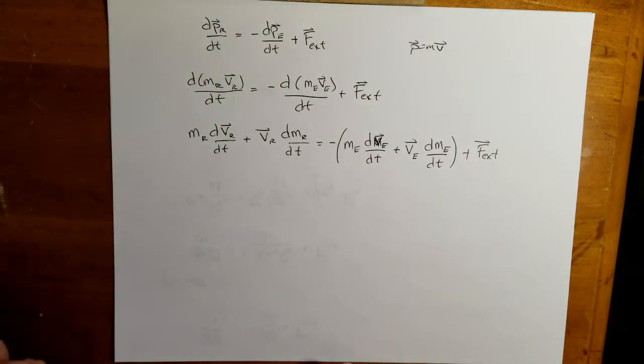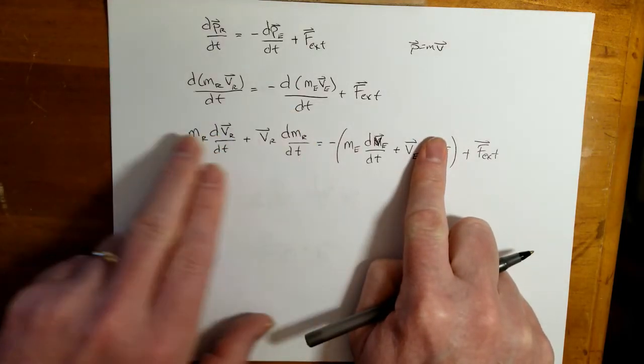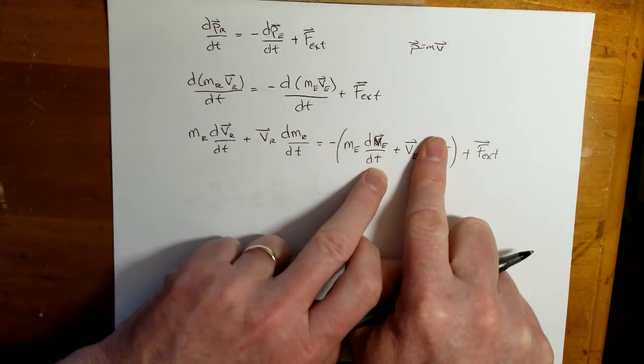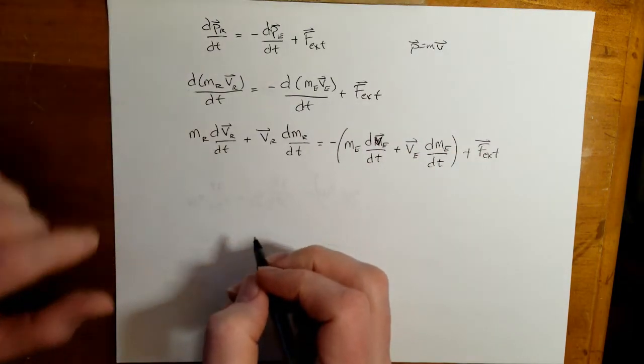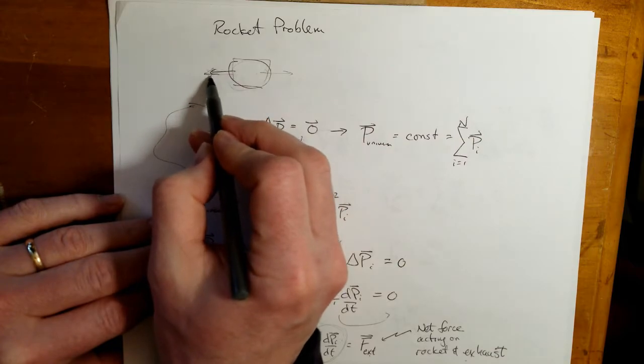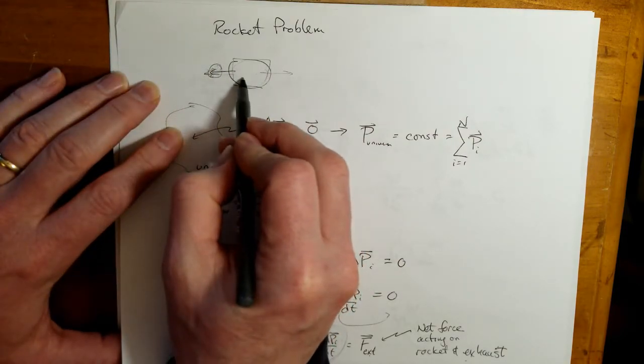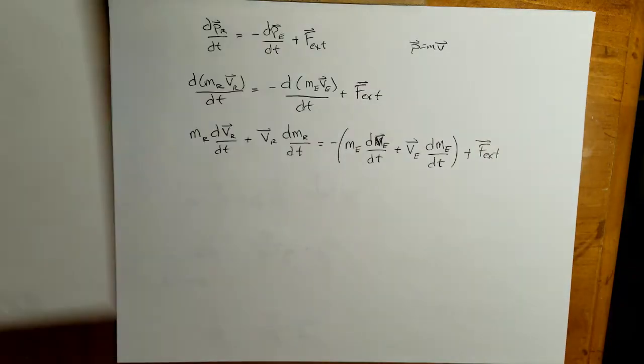Now recognize if the mass of the object is not changing, then basically what we're left with here is mass times acceleration, mass times acceleration. Now recognize that I have a rocket here that is shooting exhaust out the back. In other words, whatever the gain in mass of the exhaust is has to be matched by the loss in the rocket. In essence,